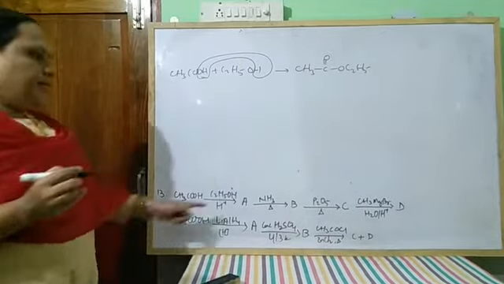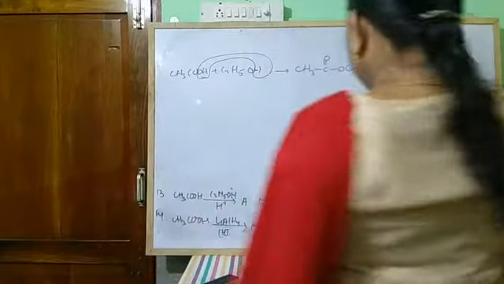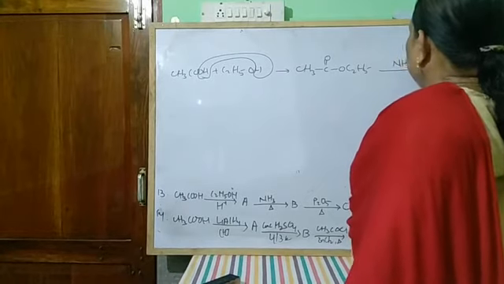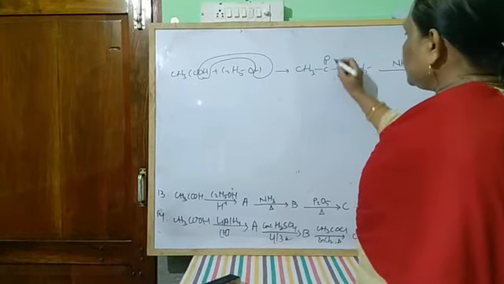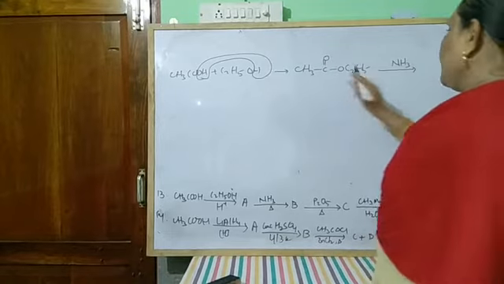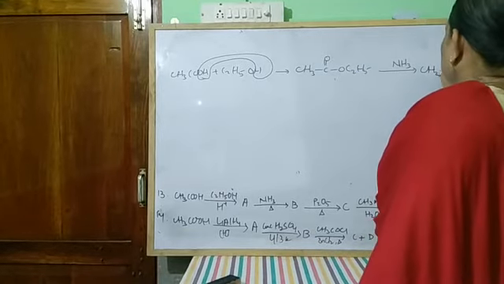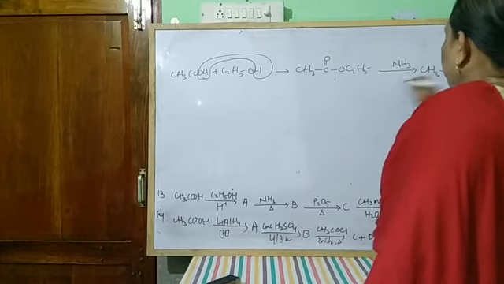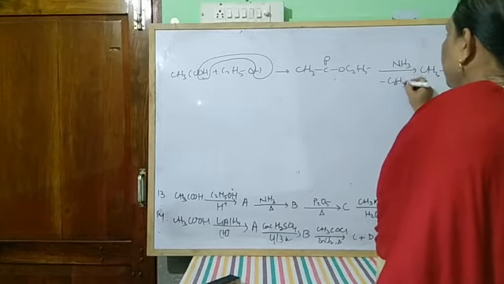And when it reacts with ammonia, this group is converted to NH2 group. So it forms amide minus ethanol,